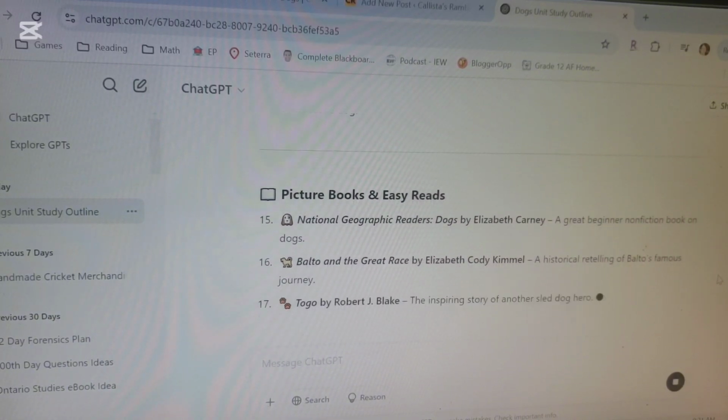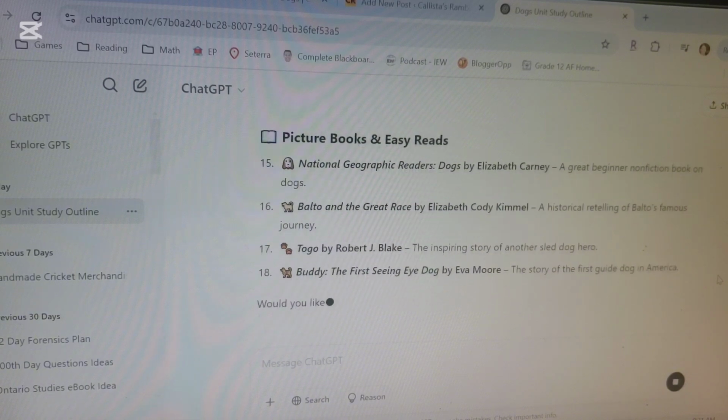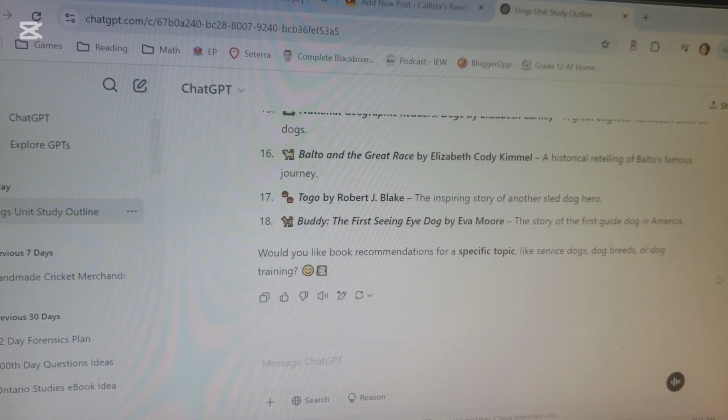Picture books and easy readers. And it even asks me, would you like specific recommendations? But you can come up with something else. Like maybe I want,